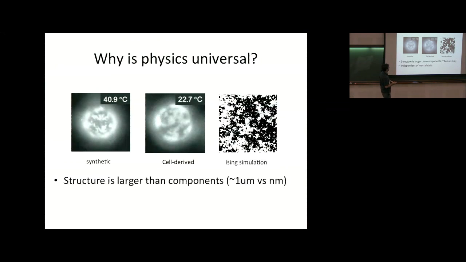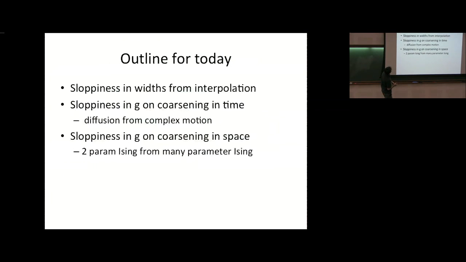Okay. So an outline for today, a more specific outline. First, I'm going to tell you about how the widths of the model manifolds are sloppy, so they have this hierarchy of scales from interpolation. Then I'm going to talk about how the metric, the Fisher information, which I'm going to switch to calling G,